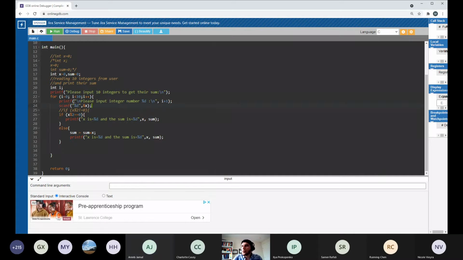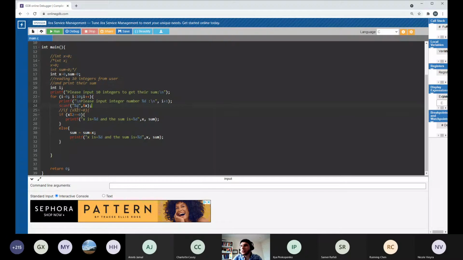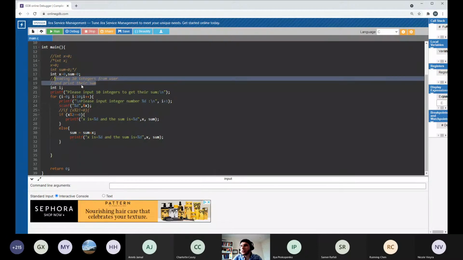So this is what we had last time. This was the last state of the program we were writing in the last lecture. Quickly going through this, we were printing please input 10 things, and then we modified the print a little bit to print please input the first number, the second number, etc. And then we only add it if it's an odd number, right? The question now is how to modify this to do what we want in the third example, which is to keep reading